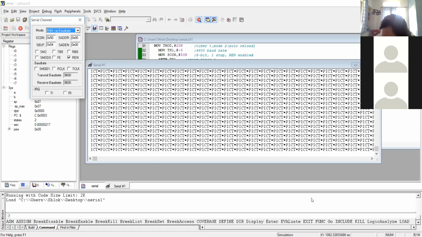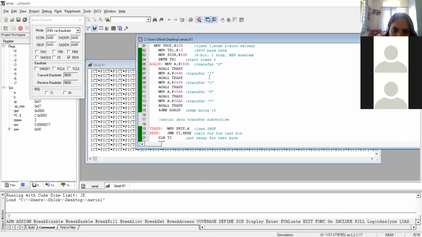What is the question? Is there a way to send input characters so that we can receive and store them into a register? We are sending the input characters because in our program only these PICT characters are there. So we are sending these input characters, and then those characters are saved automatically. I mean external input.